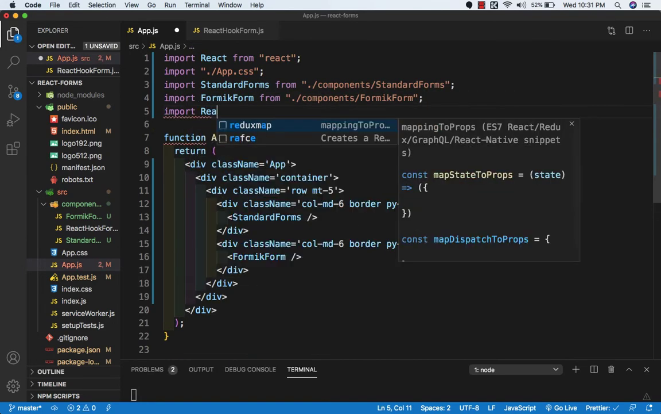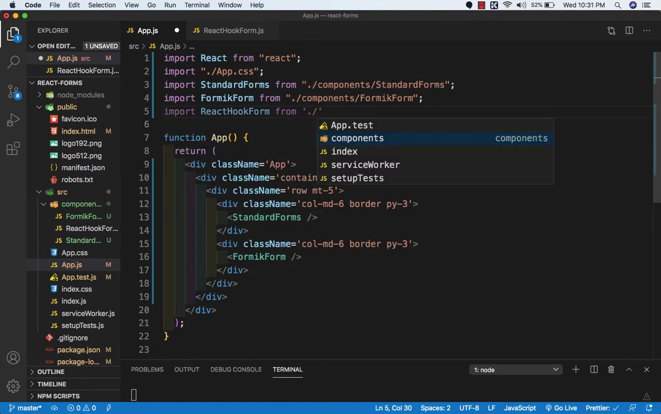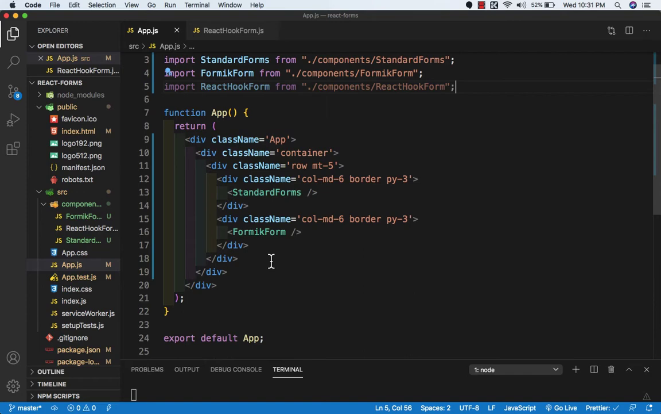Okay, let's save this file, and now let's close this and go to app.js and import ReactHookForm from ./components/ReactHookForm. Okay, let's save this, and here I will take one more row,